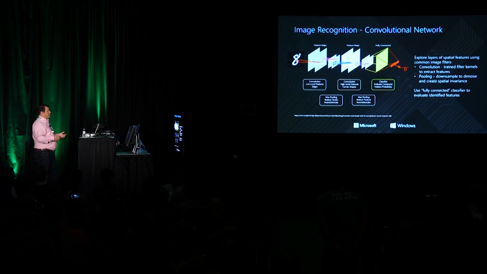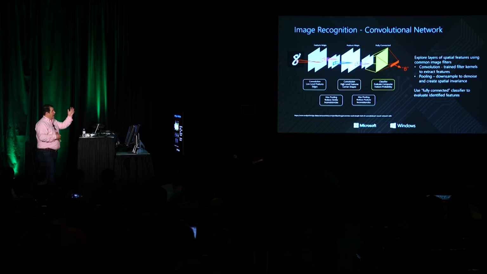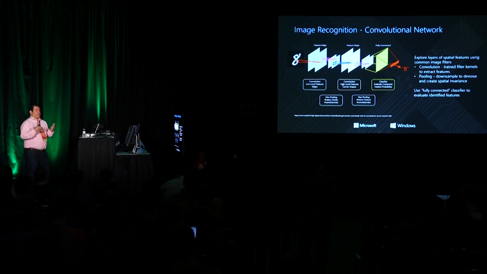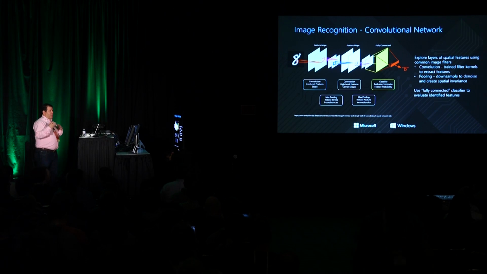So a convolution is really taking a filter and applying that filter to an image to extract out what are features. So if you look at the number 8, what we'd look at is try to find in an early layer all of the different edges. So what are the places that there are color differences that I can define what those edges might be in the system? And then once I have those edges, how do I define corners? How do I define all the individual features of the image so that as I go through all the stages of the neural network, I can put together further and more successive features.